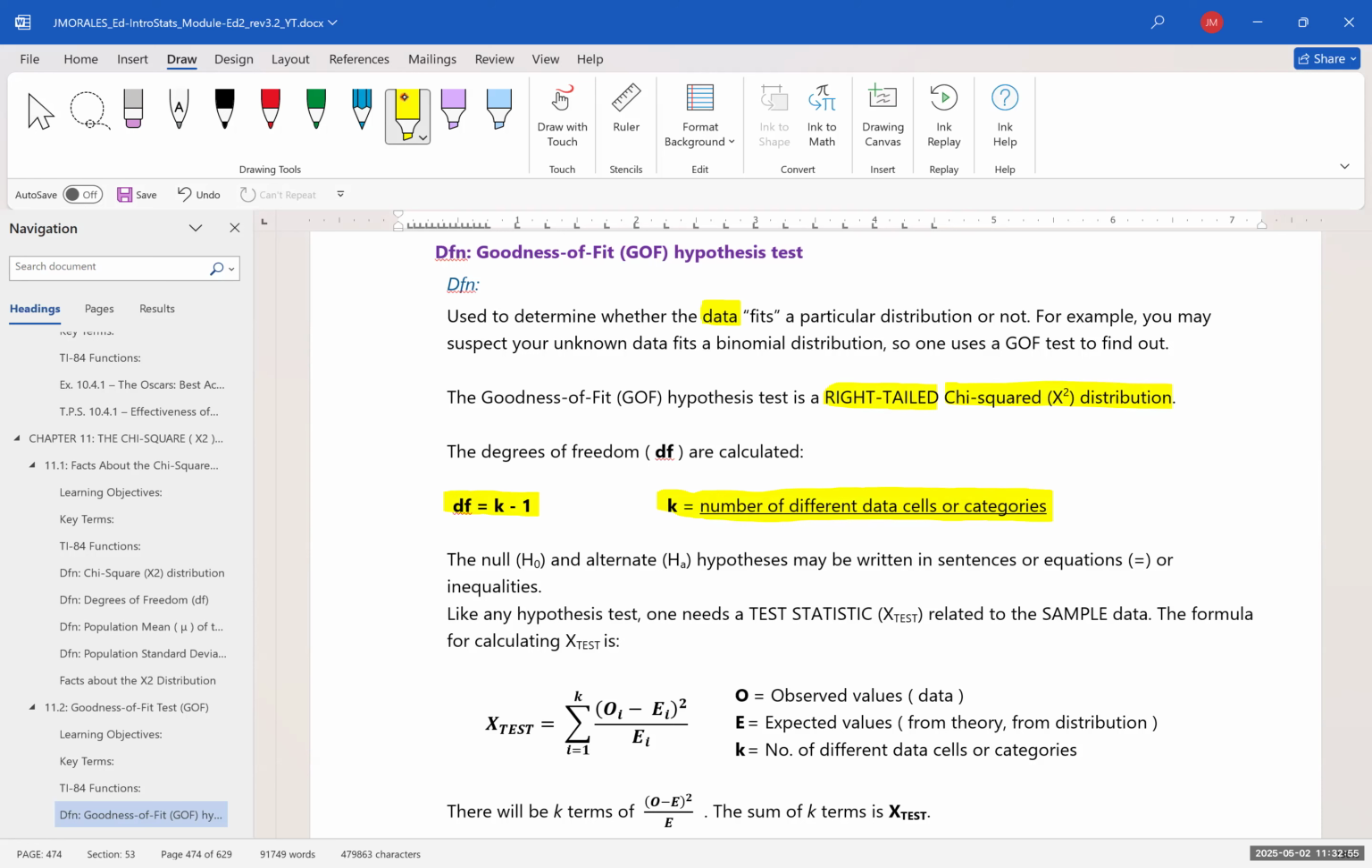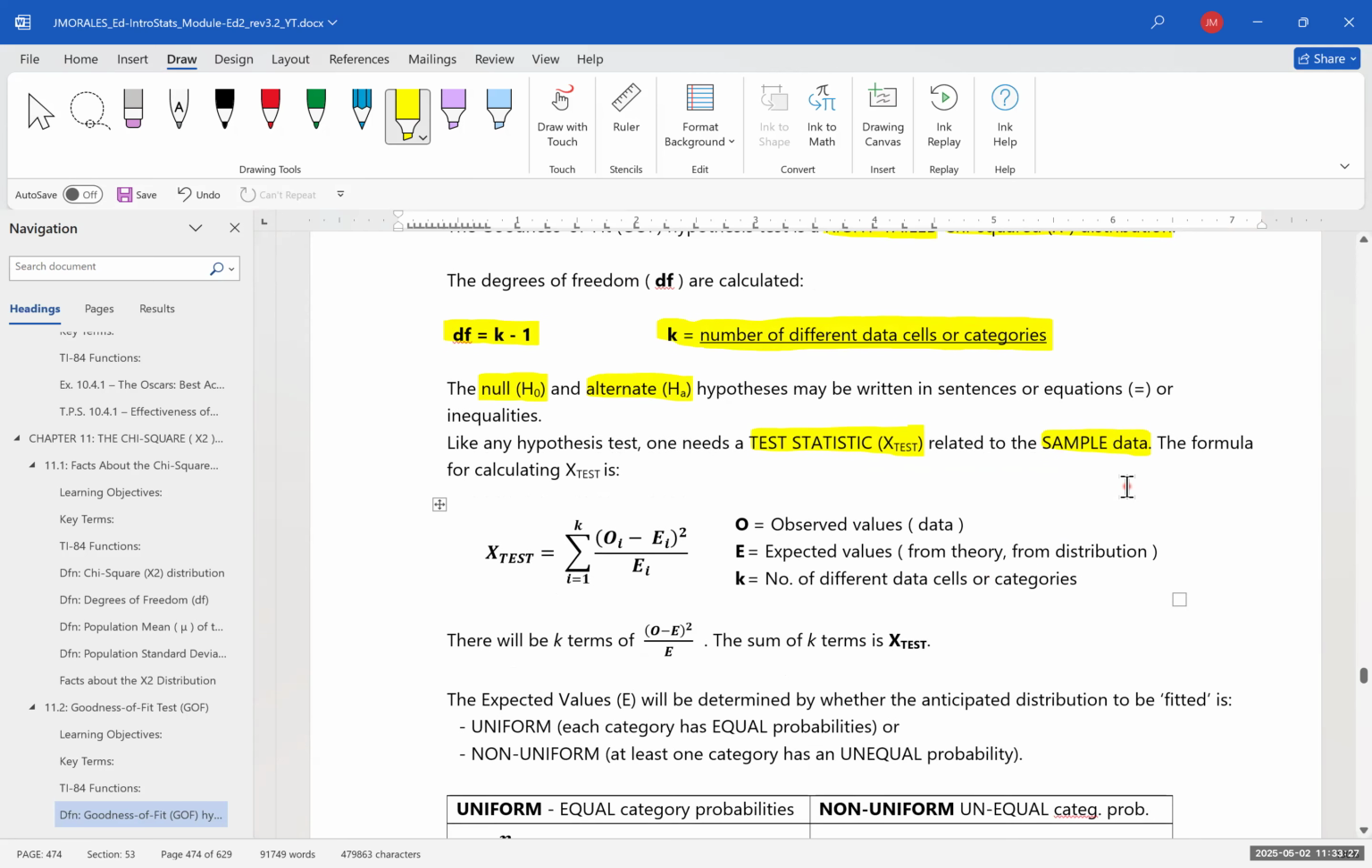This is not sample size. That's why we're using a different variable to denote this value. You'll see an example, so I think that'll clarify what k represents. The null and the alternate hypotheses may be written in sentences or equations or inequalities. Like any hypothesis test, one needs a test statistic related to the sample data. Now, the formula for calculating the test statistic is